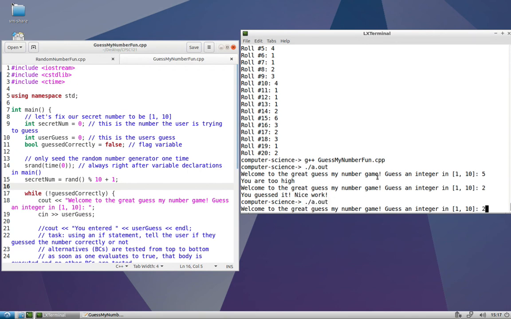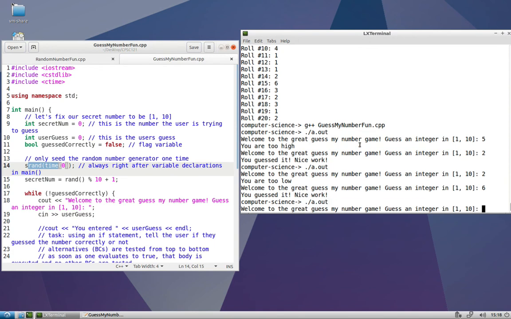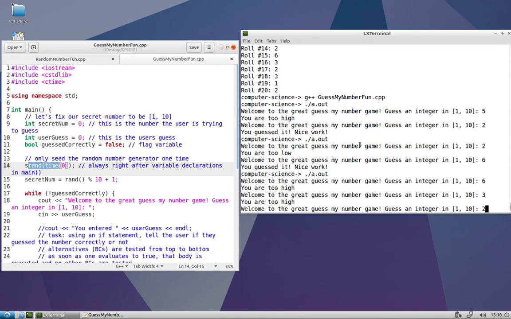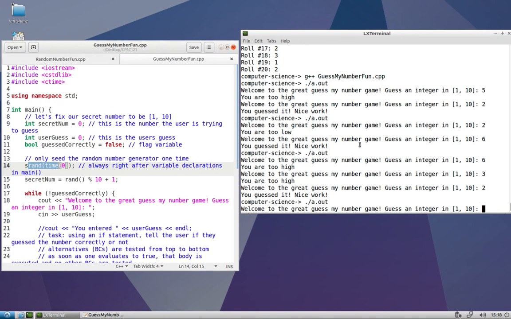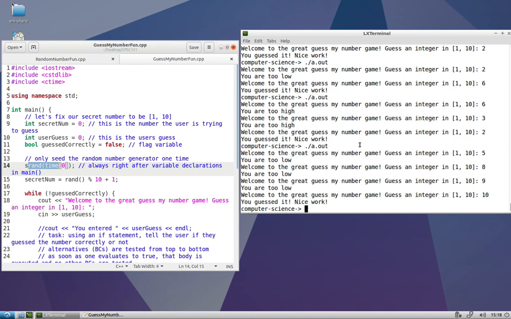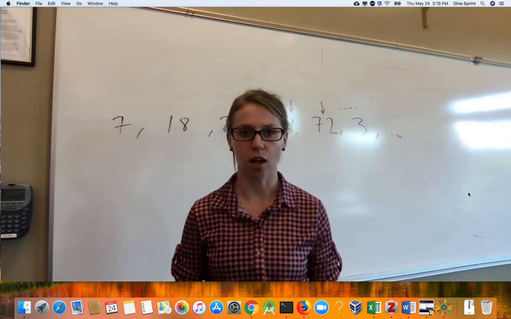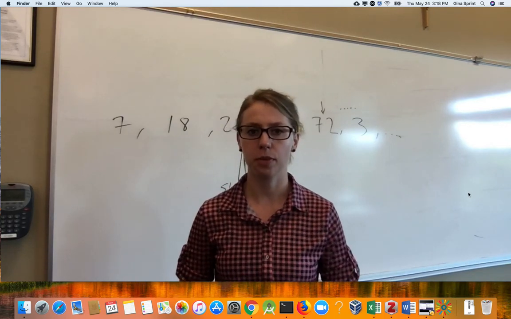So let's run it again, and I'll try 2 to see if it's 2 again, and it's not, it's something different because of srand. All right, let's try 6. Ooh, I'm good. 6, 3, 2, awesome. Let's do one more time. Ooh, it was 10, one of our corner cases. Awesome. So in this video, we started working with random number generation, which we will use a lot in the future, especially when programming games because there's a lot of chance